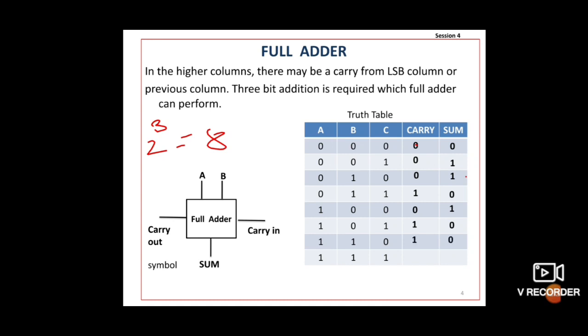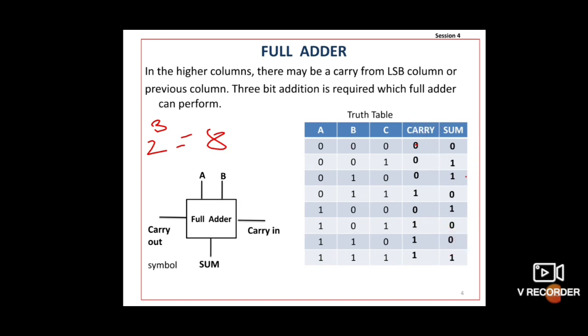Now 1 plus 1 plus 0, here carry is 1 and sum is 0. Okay. Same, 1 plus 1 is 10, 10 plus 0, 0 is sum and carry is 1. And what about the last row? 1 plus 1 is 10 and 10 plus 1 is 11, means here carry is 1 and sum is 1. Understood student? This applies simple binary addition rules, but here write separate carry and separate sum.